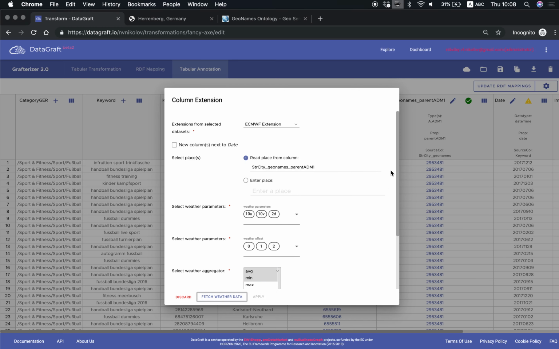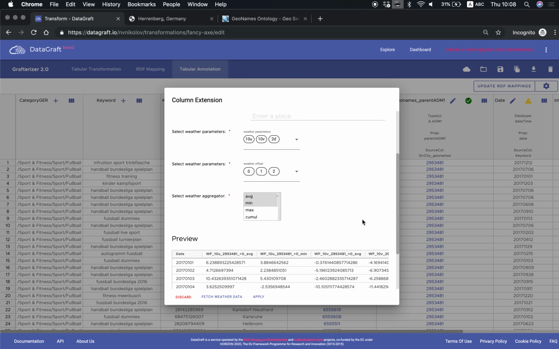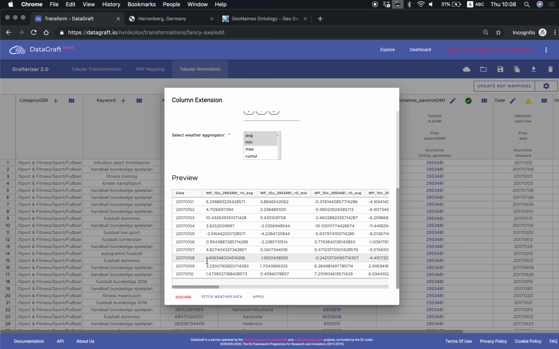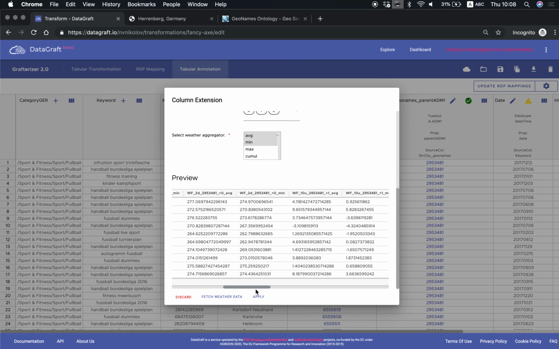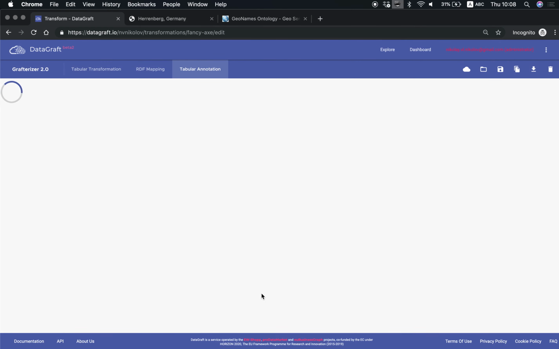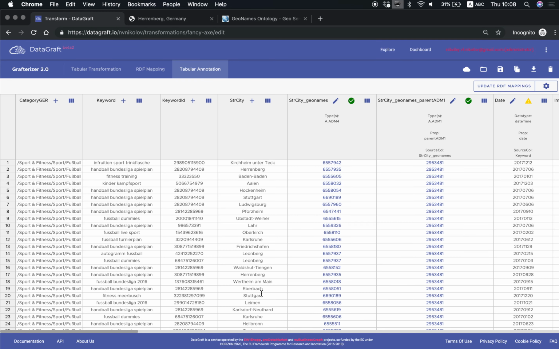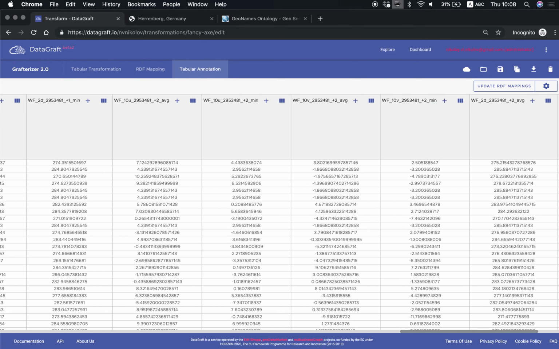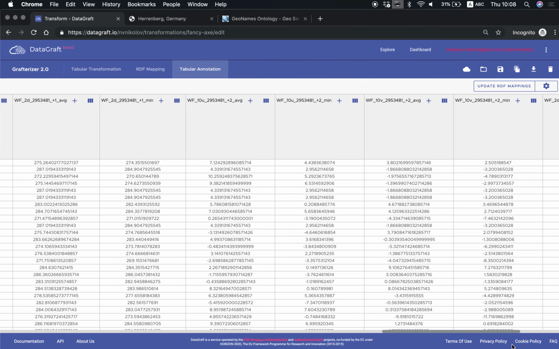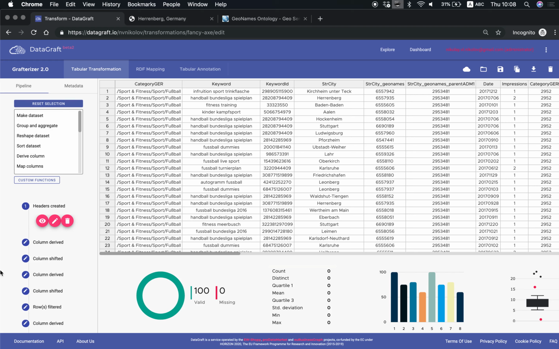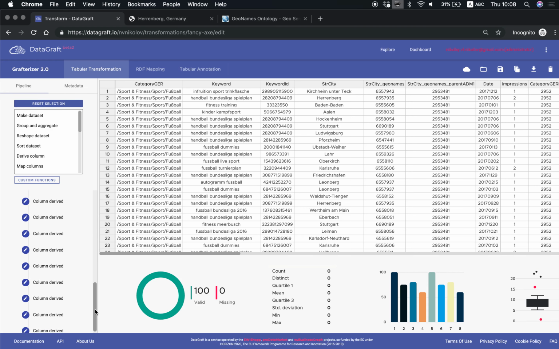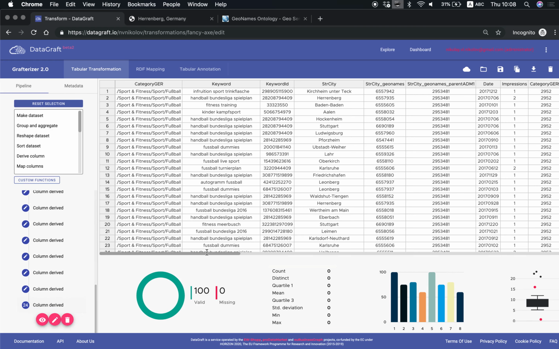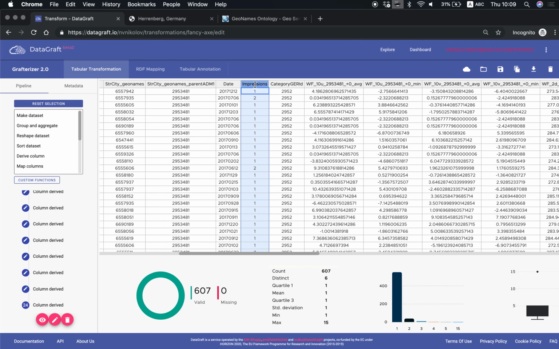Then when I click fetch weather data, we obtain this data from ECMWF, or our weather enrichment database. And when I click apply, this data will be extended and added to the table. And finally, what we want to do is aggregate, so we would like to get the impressions grouped by when they happened and in which region they happened,